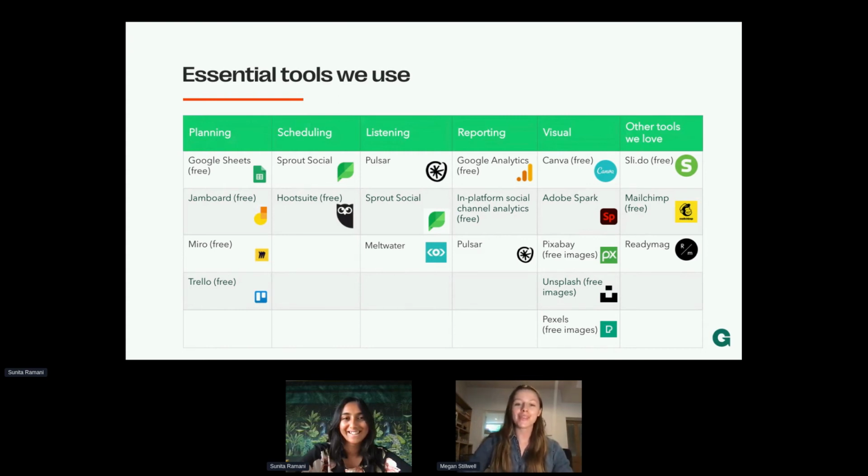So we have Pulsar. Pulsar is a social listening and audience intelligence tool that uses really in-depth analytics and data to give you social media and audience insights. And similarly, we have Meltwater. It's a similar tool to Pulsar, but it can be used for analyzing media coverage and media coverage monitoring as well. Onto the design side of things, we have Canva and Adobe Spark. These are two really well-known design tools that have lots of templates and make designing easy, even for those who aren't creative-minded.